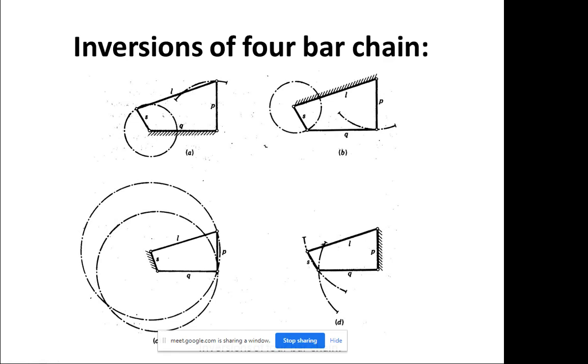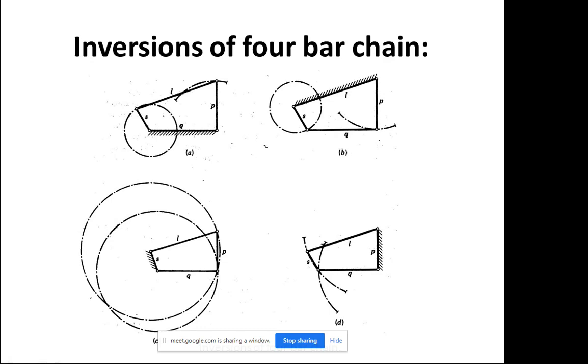So you can see this figure. In this figure you can understand how different inversions of the 4-bar can be considered. You can see the first one is the normal consideration. The base frame, link 1, is fixed here, and then this is made to oscillate in this rotation manner. So this is going to oscillate, and again from this point there will also be oscillation. Whereas in the second figure you can see the other part, that is the top side, is made fixed and is going to oscillate in this direction. So it will become a reverse. A and B become just the opposite of this, reverse.